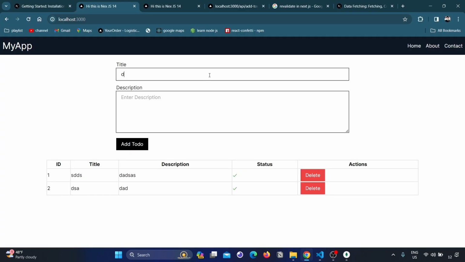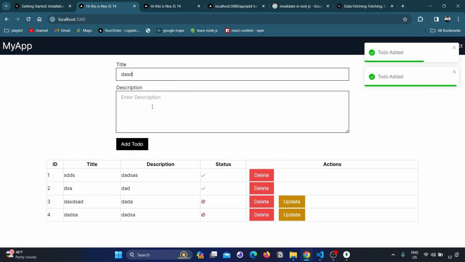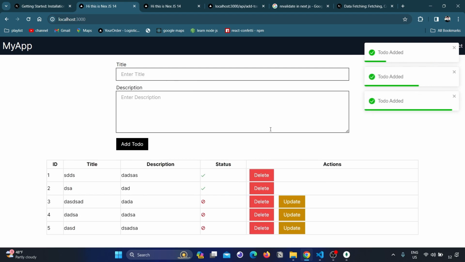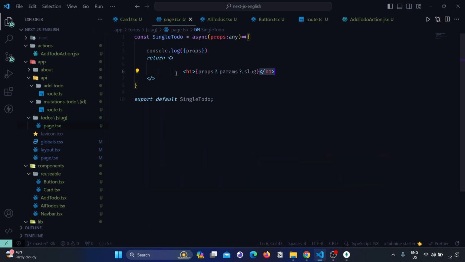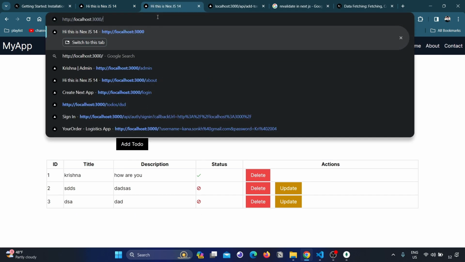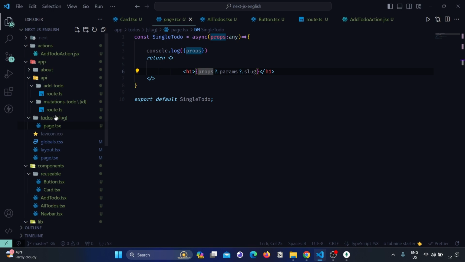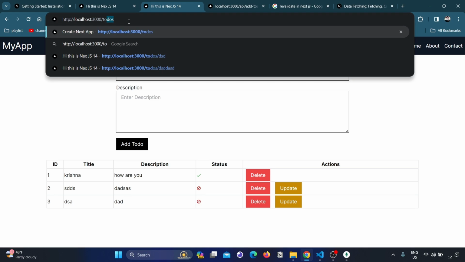Okay, if I write some random to-dos, then make a single page. The app slug page, I've already created. So what I do is make a single to-do page: todo slash slug. Okay, todo slash